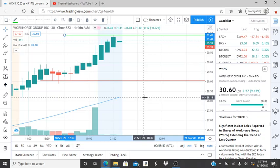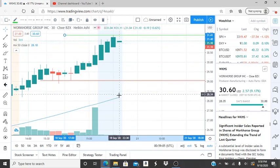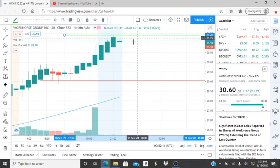But as long as the bulls stay above it, and the one way to stay above it is by breaking through resistance, as long as the bulls stay above it, they're in full health. And the first thing they're going to want to do to continue to work their way up to newer highs and move further away from the 50-day moving average in an upward direction is break through 31.41. Once 31.41 is broken through,